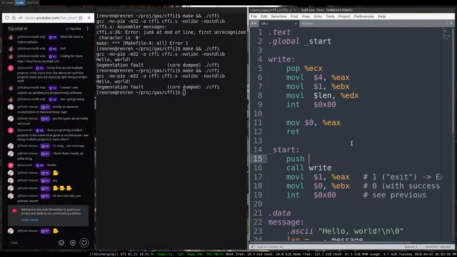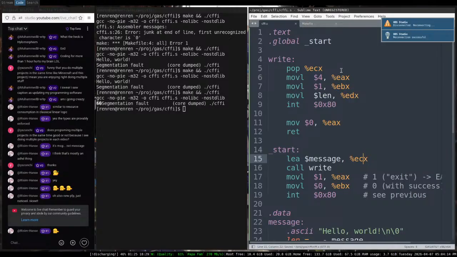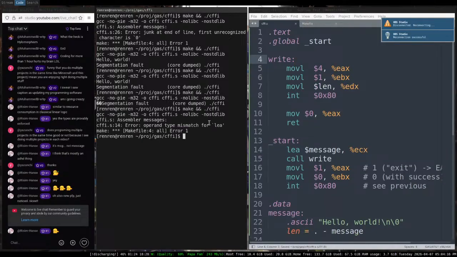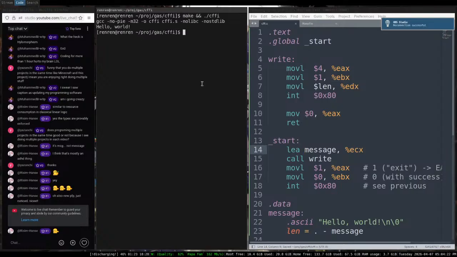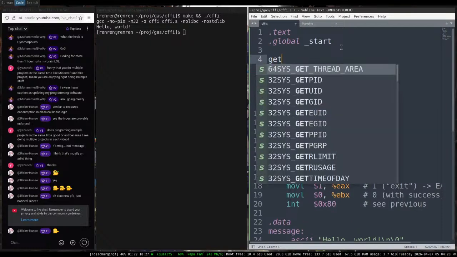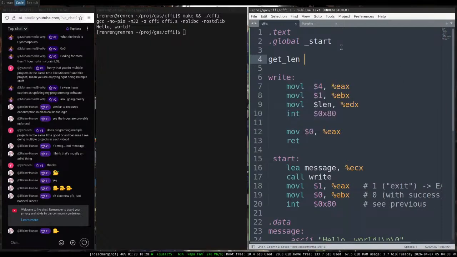That's like an address, so now technically we don't need that, but why? Okay, there it is. So we just need to specify the len automatically, which is what you will do with get len. So in get len,